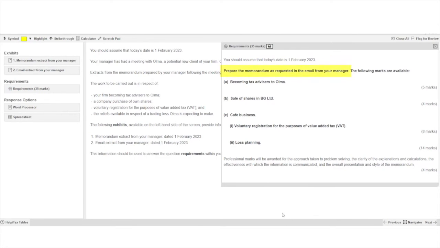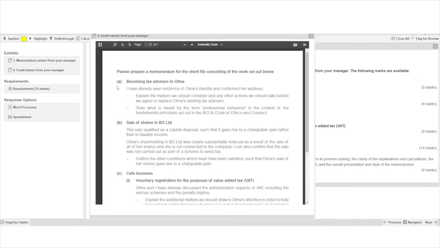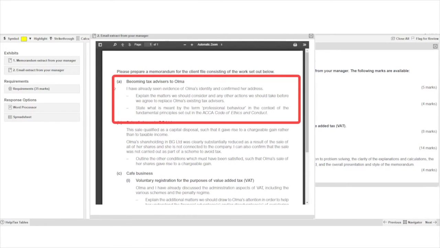we are asked to prepare the memorandum as requested in the email from your manager, and the first part, for 5 marks, is becoming tax advisors to Ulmer. We know that the ethics part of the question will be 5 marks, so it looks like that's what part A is. Just to confirm, if we look at the email from your manager, we then have the details requirement for A. Now this is where we need to be very careful not to simply answer the question that we think is being asked, because this one says, I have already seen evidence of Olma's identity and confirmed her address.